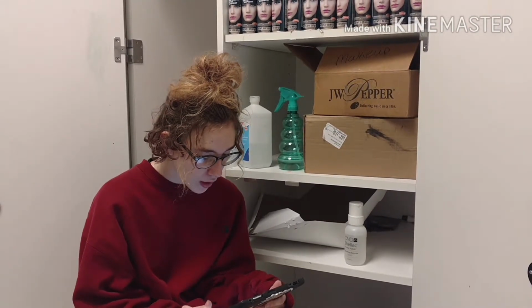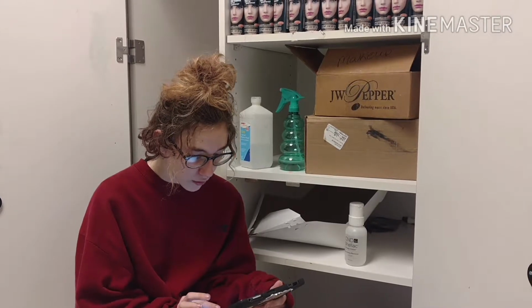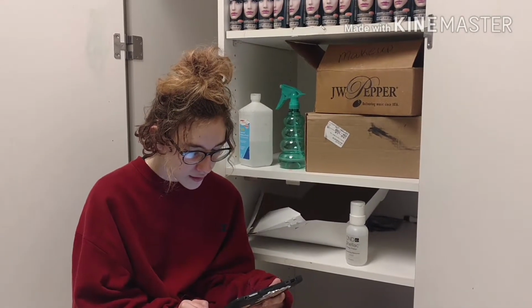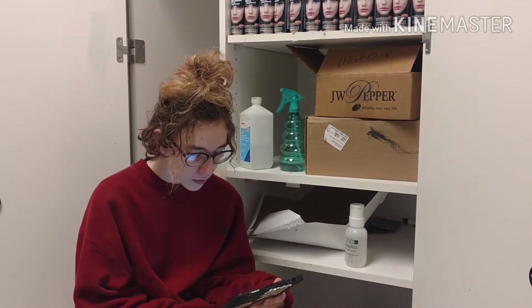Now let's talk about costume rules. When making costumes, make sure you have permission to use costume making tools. It's easy to get hurt when you don't understand, so ensure you have received and understand directions for costume making